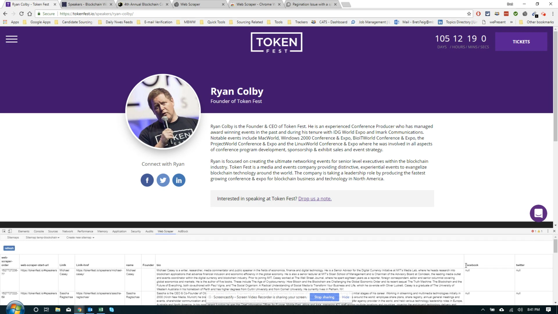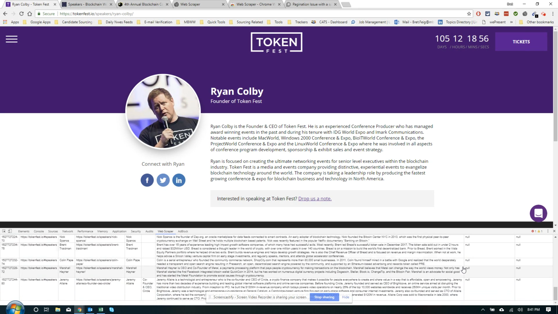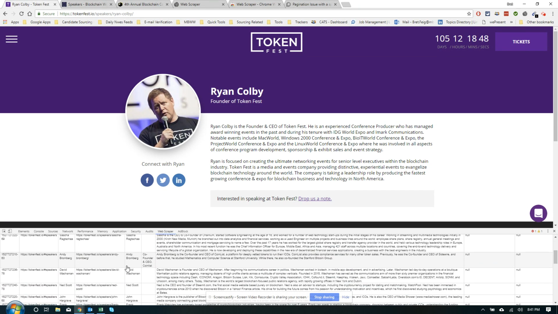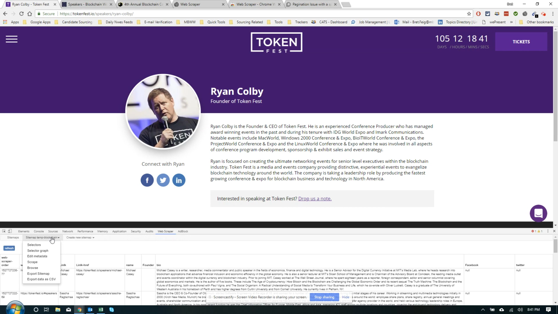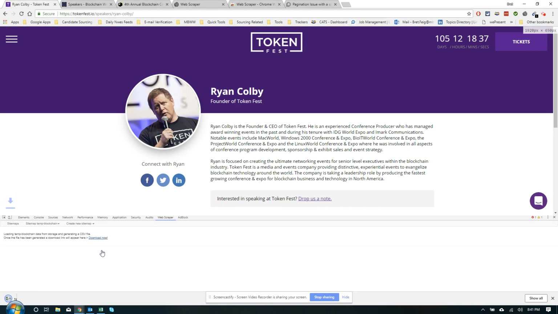In the case where it says null, it simply means there wasn't a link. There wasn't a Facebook or Twitter link. They actually all have LinkedIn links, but only 2 of them have Facebook or Twitter links, which is why it's showing null. Again, if I wanted to export it, even simpler, I just export data to CSV, download it,